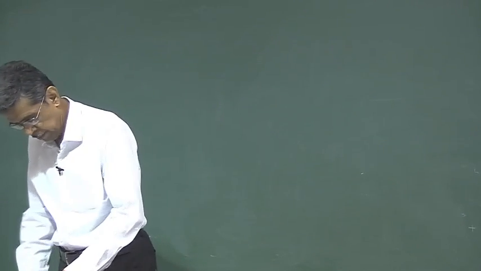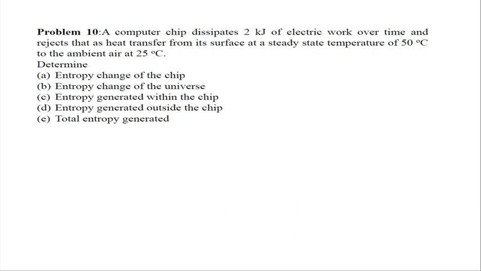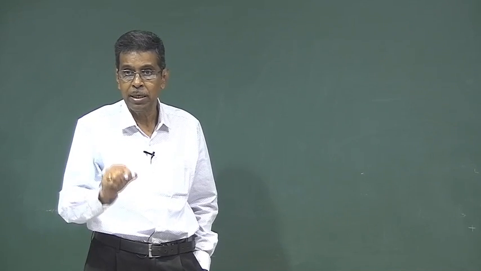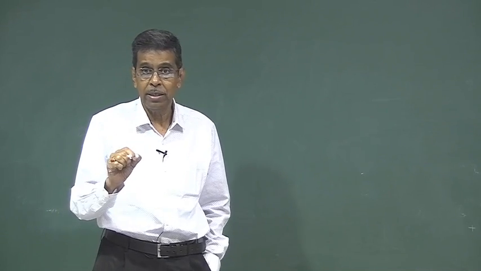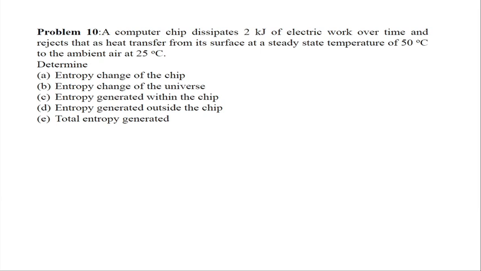Okay. The next problem is tremendously interesting. You see this problem very carefully. This gives you the concept of internal irreversibility, external irreversibility and entropy generated. It is a very conceptual problem. See that a computer chip dissipates 2 kilojoule of electric work